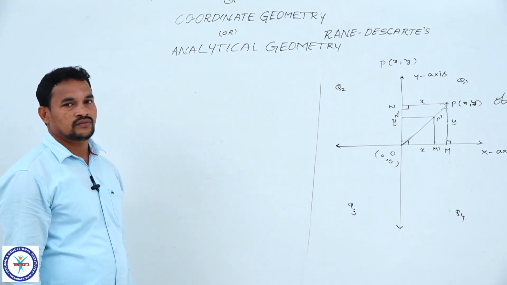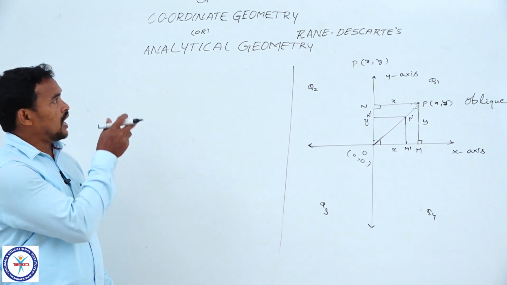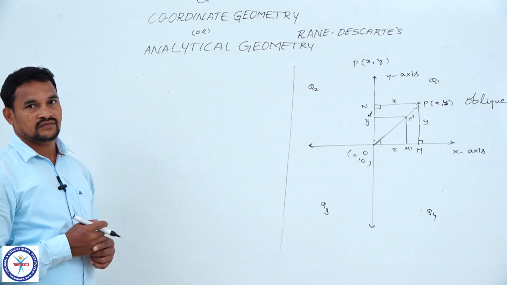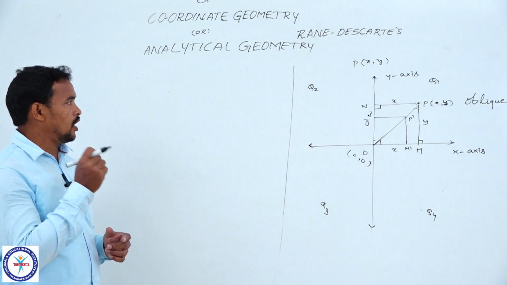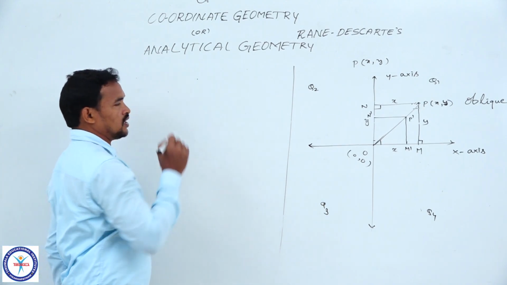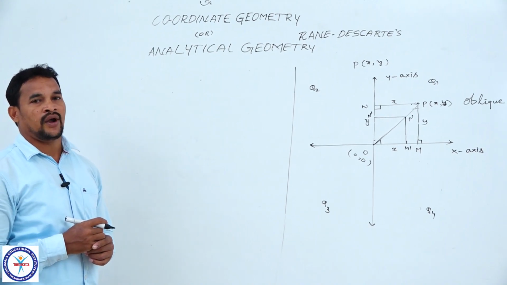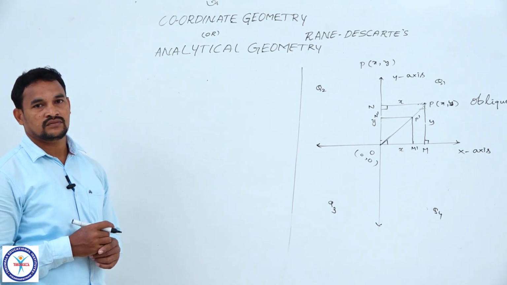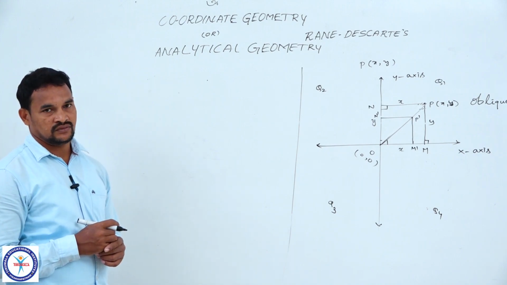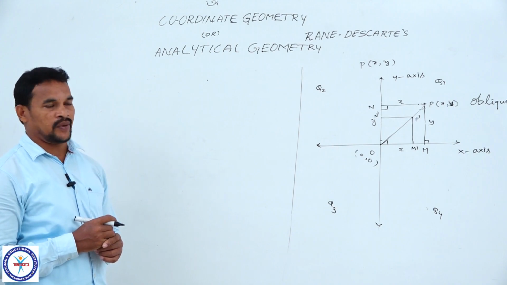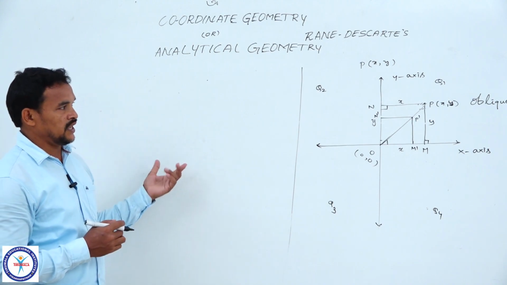Up to now, we learned some concepts in coordinate geometry. First of all, the founder of coordinate geometry is René Descartes. After that, a point is nothing but a dot; the dot or mark on a plane is called a point. Generally, a point has no definition. The mathematician René Descartes took the point into the algebra concept. In algebra, the point is called an ordered pair. Based on ordered pairs, we already explained some examples.